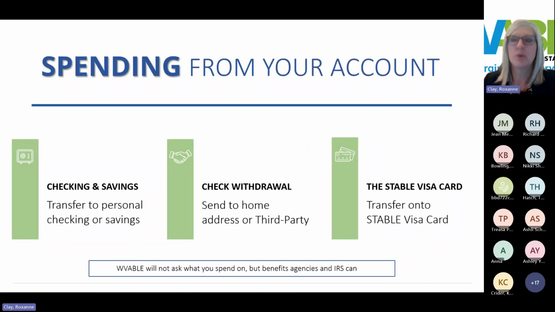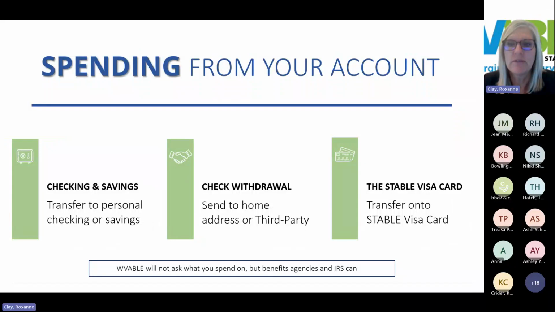As for ways to make withdrawals and get money out of the account, there's no fee and there's no limit set on making withdrawals. If you have linked a current checking or savings account to make contributions, then you can also use the linked account to make withdrawals by simply transferring the money back from Stable over to that linked checking or savings account. You can request Stable Program Manager to issue a check to a third party, to the account holder, or to the ALR. And then there's a Stable Visa debit card.